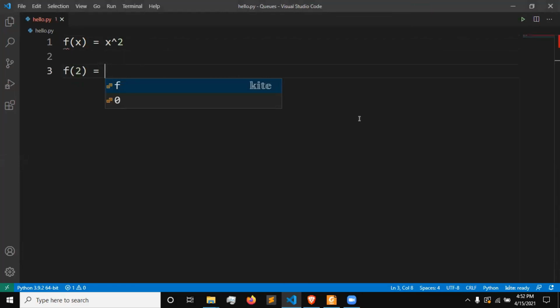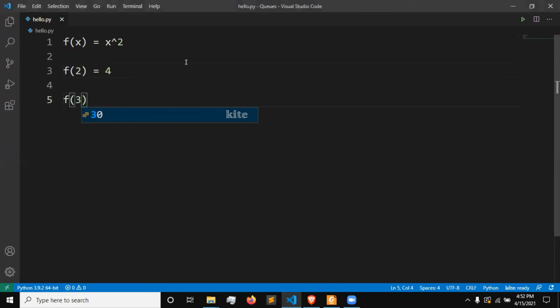F of 2 equals, like f is x square, 4. Everyone is responding 4. So f of 2 is 4. Now if I put f of 3, what will it be? It will be 9, right?